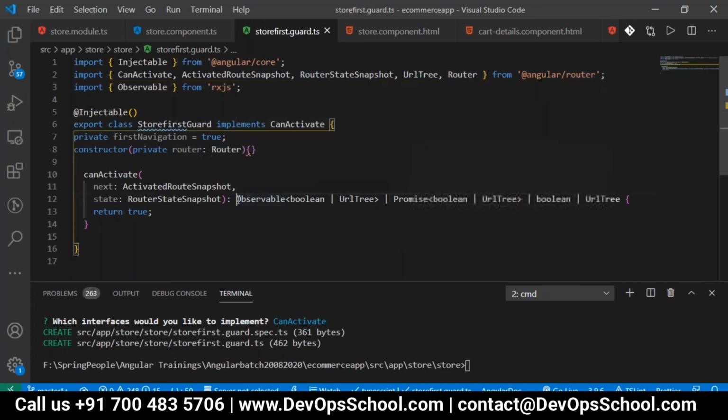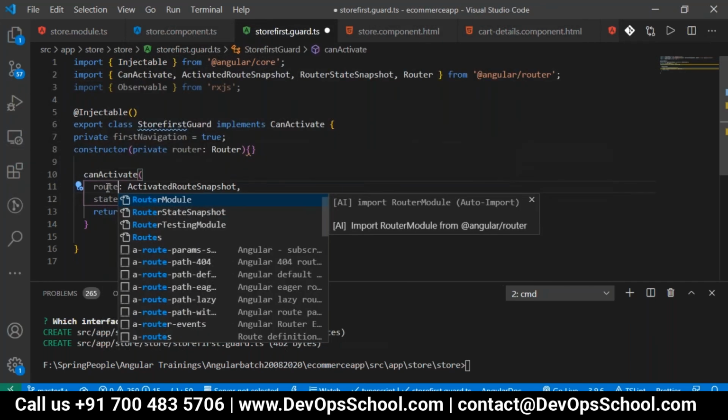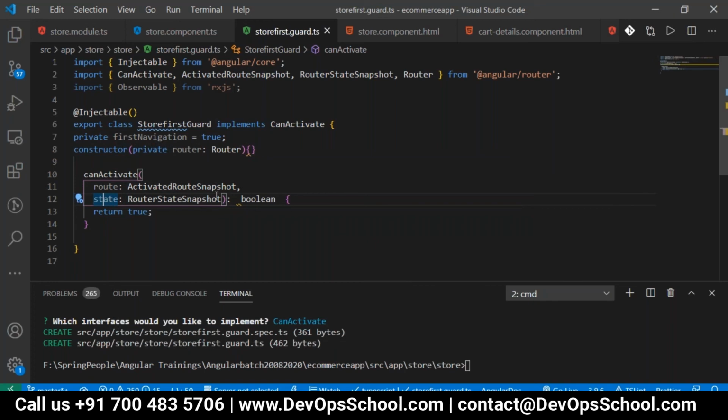We don't want all the data the method generated. I want to make the method return type Boolean, so I'm removing all of that. In this canActivate method, I'll name ActivatedRouteSnapshot as route, and here the state. The method should be written with the Boolean data type.